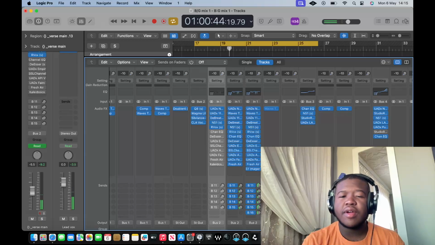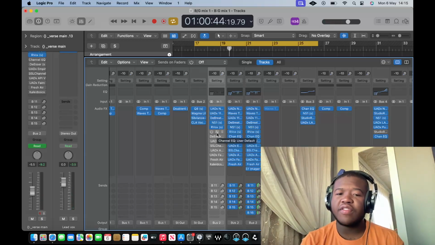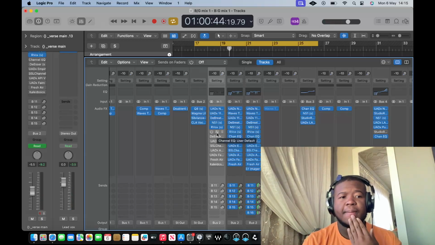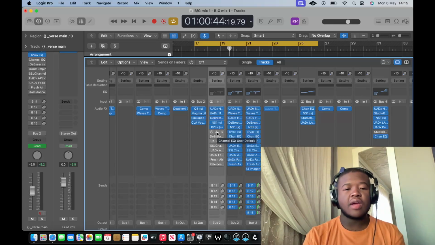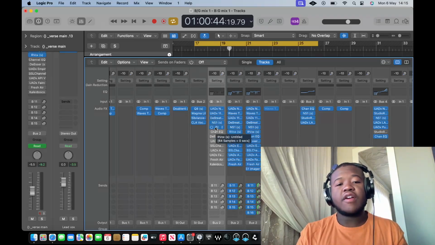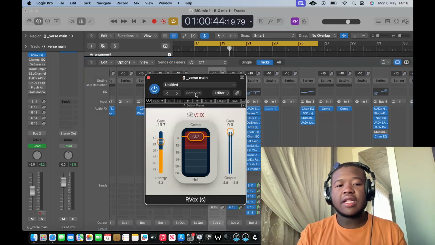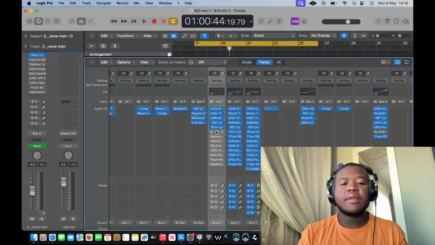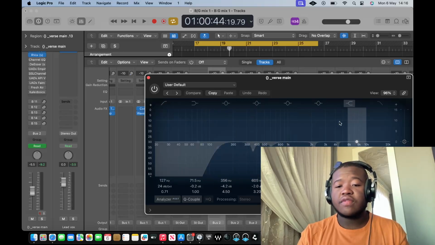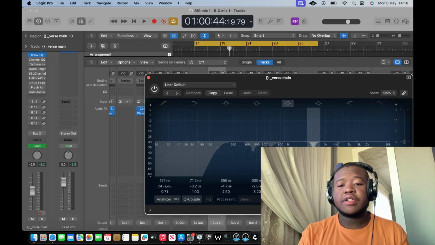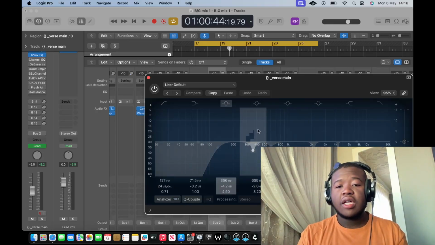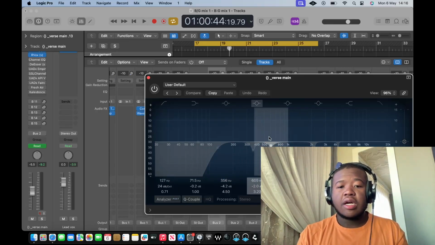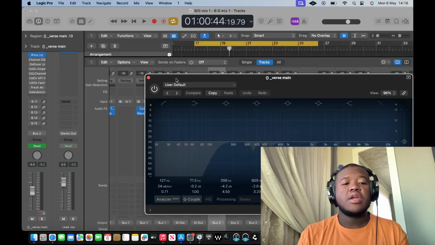So it's not really doing anything crazy, but it is still adding more of that attitude and aggression to it. Mostly attitude. That's what we were looking for in this vocal, because it has that swag to it. Also the R Vox adds this mid-range low end thing that's really dope on a vocal. Then the next thing we did was some EQing, subtractive EQing mostly. These really crazy notches here are just for the very ringy parts, and these are more for shaping the vocals and taking out some boxy frequencies. So this is how it sounds with it on.